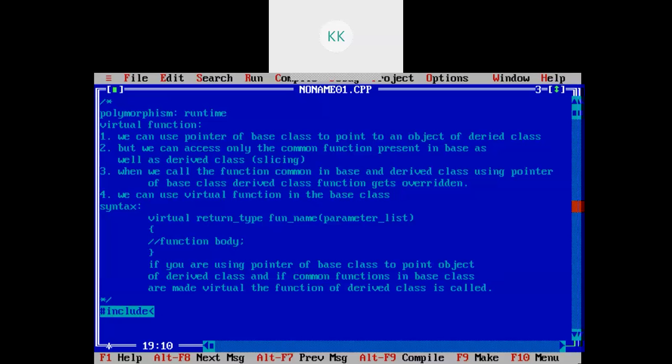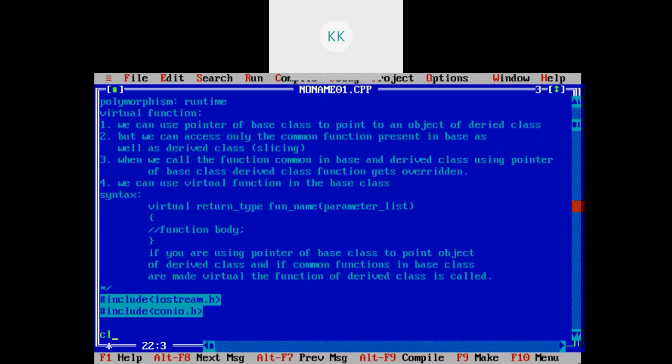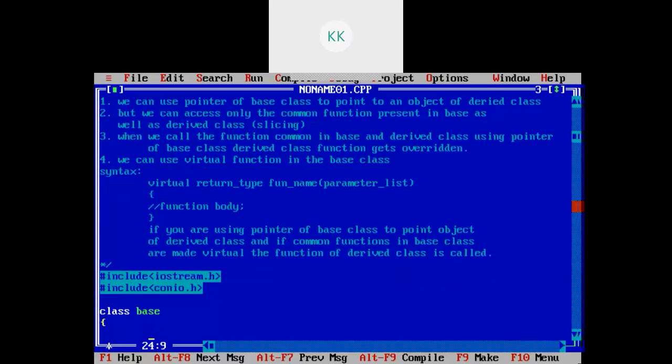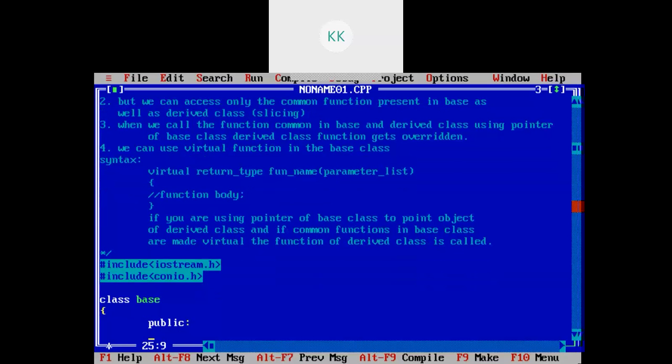Include hash include iostream.h. So I will write class base in which I will write one function.